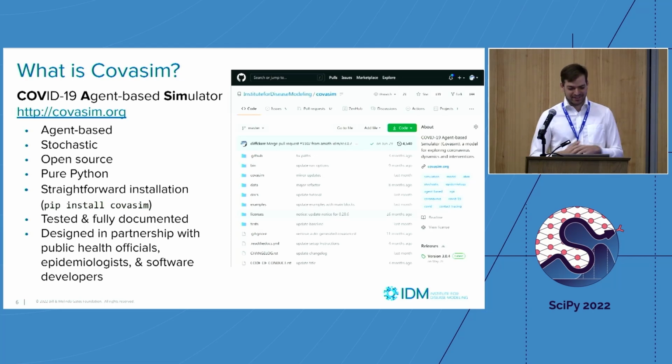It's open source, of course, and it's written in Python, which is why I'm standing here as opposed to the Fortran conference. Do those even still exist? In contrast to a lot of disease models, which are developed by academic groups and very single use, we wanted to make it as easy to use as possible. Here, that means pip installable. Again, in contrast to a lot of disease models, we did work with professional software developers to make sure that it was tested and documented. So we were trying to prepare it as a proper software package,